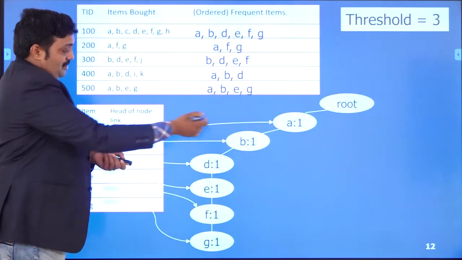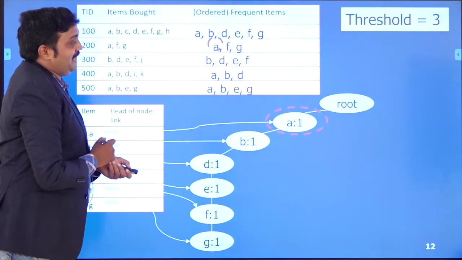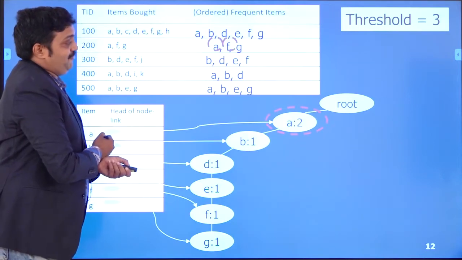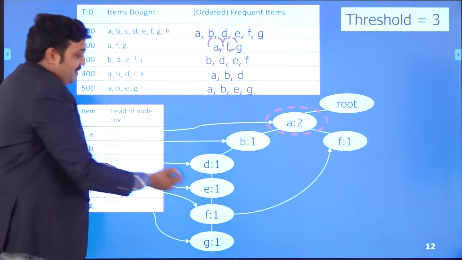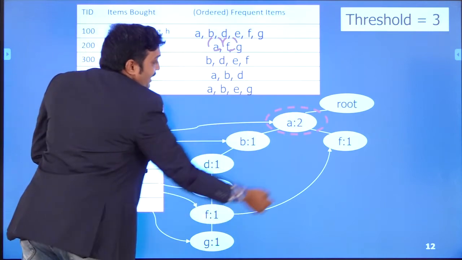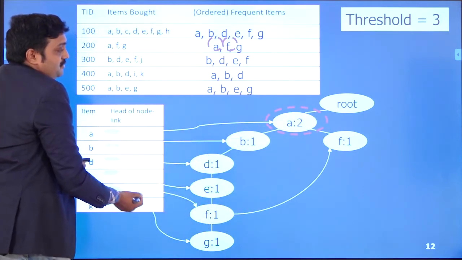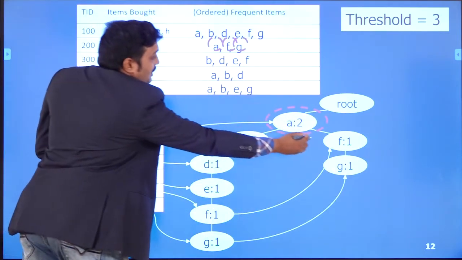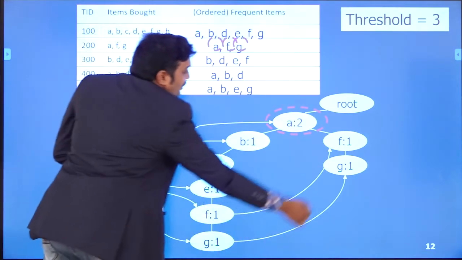In transaction 1 we did B, D, E, F, G. Transaction 1 done. Now transaction 2. We already have counters for each and every item. In the second transaction, A is already available, so the counter is increased to 2. Then we go with F. F is not available immediately after A, so on the right side we connect, because it occurred first time, second time. We make a connection because F already has a node created. Then G. G, in F, G order, is already available, so we link.